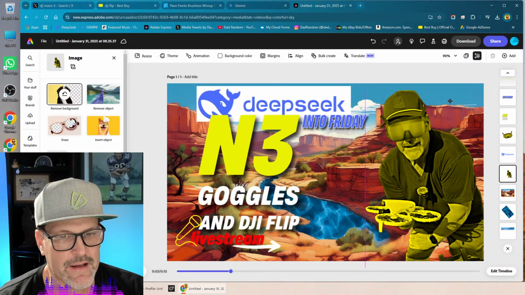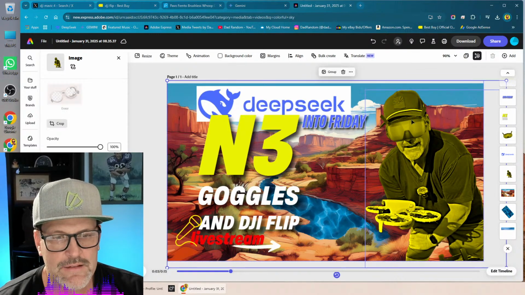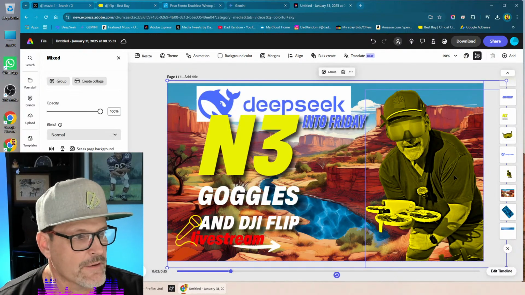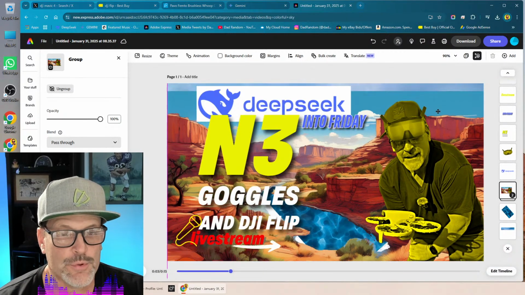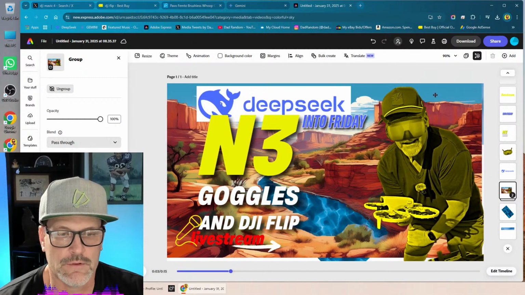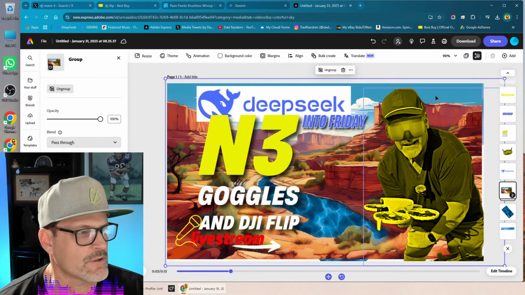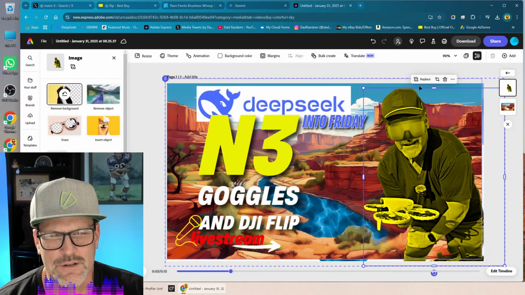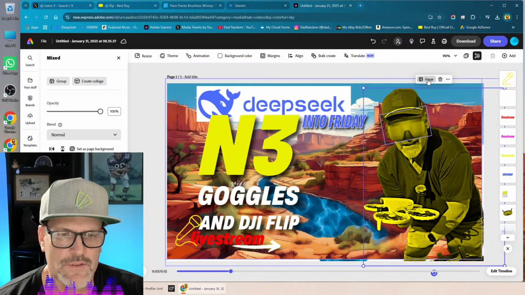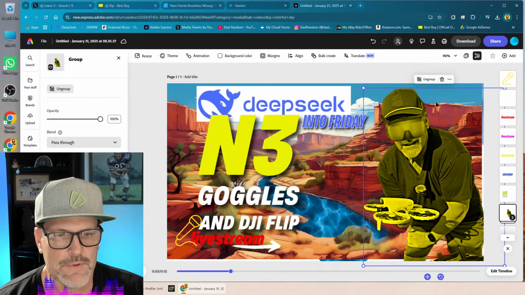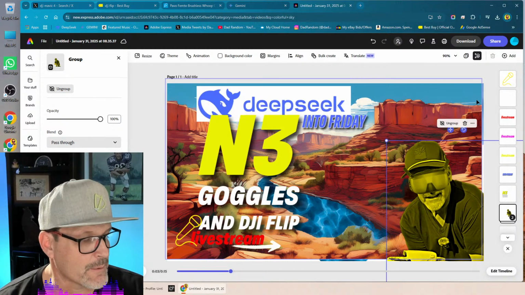Now you can actually combine images. For example, I could bring these two together, then group them together and it'll say group. Anyway, you've got to group those together, otherwise they'll keep moving. Let's see if it'll group that. There we go, that should be grouped now. So now the goggles will move with me. I just have to move myself out of the way if I want to play with that sky up there.